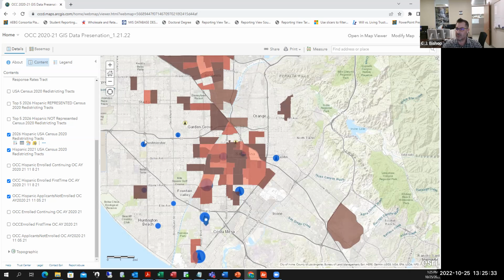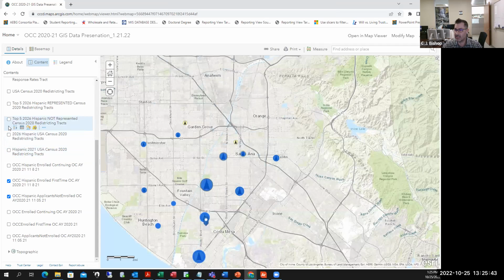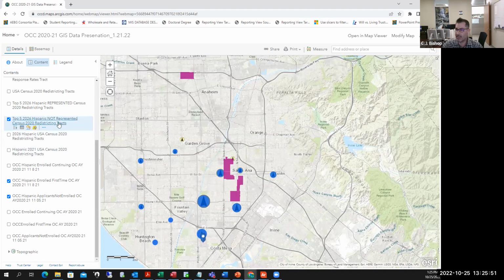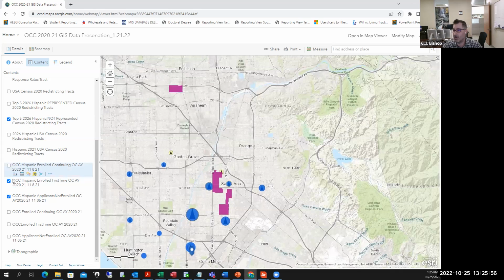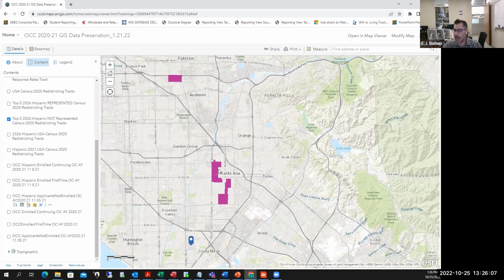What we then start to ask ourselves is, how do we make it to a point where we can look at areas that are important to us and what we are serving and not serving? So we looked at the top 5, let me expand a little bit, areas where in 2026 we see the Hispanic population is growing, and where we don't necessarily have our own enrollments. We don't see new students coming from a particular year. We don't see students who applied or continuing. So these 4 areas provide a potential need or opportunity